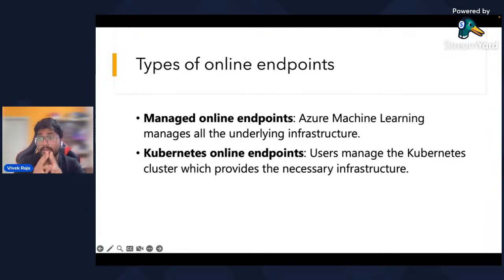You might have seen in cloud that this particular word is used very often, right? Something called managed. What is the meaning of managed? Managed is where you don't really need to care about the underlying infrastructure or what server it needs to use, or whether it needs to scale up or scale down. Managed is where someone takes care of it for you. So one type of endpoint is where Azure Machine Learning takes care of your underlying infrastructure. As was said, the third party does most of the work for you, and you just use it.